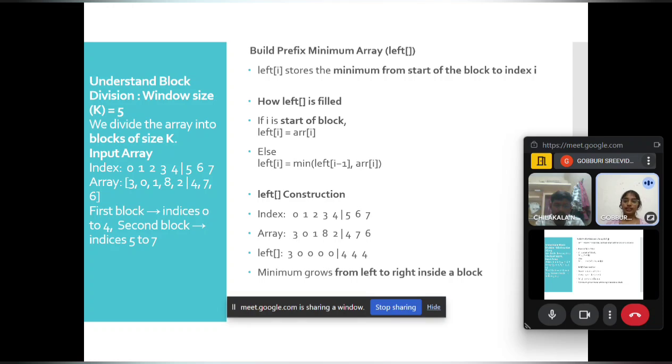Here we can ensure that minimum grows from left to right. That means it compulsorily decreases from left to right, but it does not increase. But when we come with prefix suffix array,